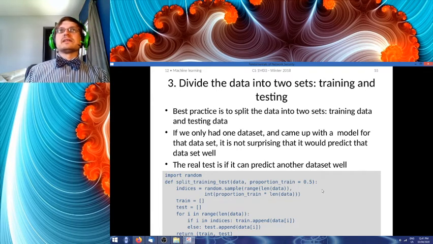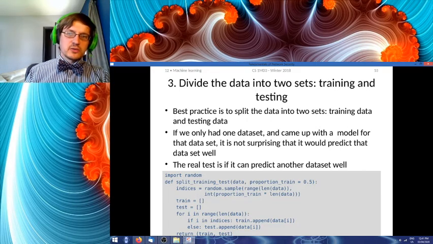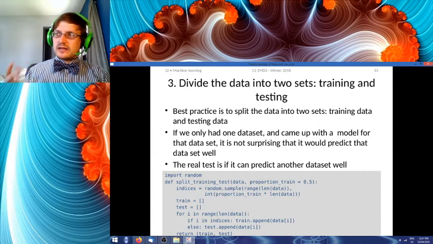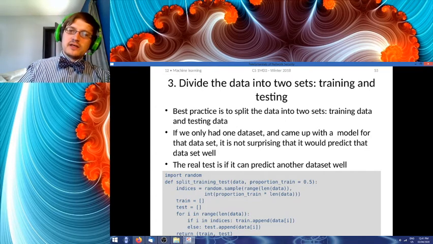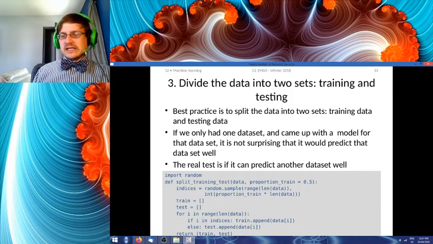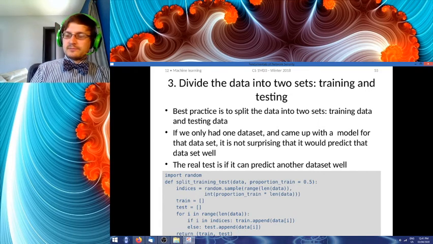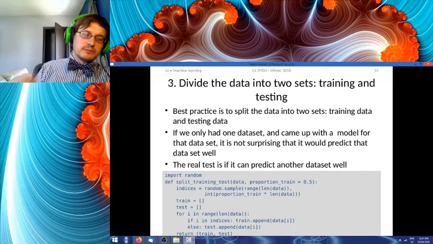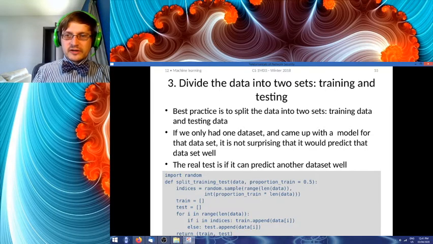The reason for that is that if there is any bias in the data that correlates to its position within the list or collection of data, for example, if later entries tend to be not snakes in the case of our reptile data, then you're going to train your machine learning algorithm into a bias, which generally speaking you don't want to do.